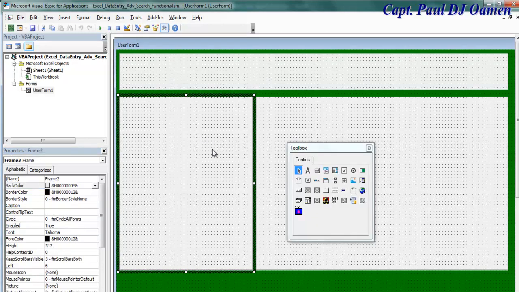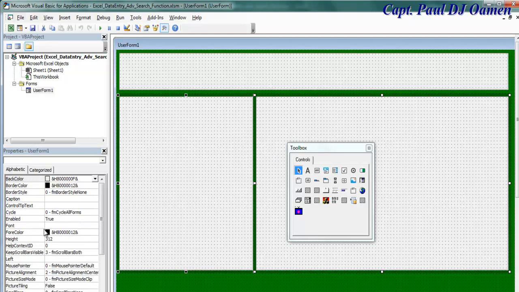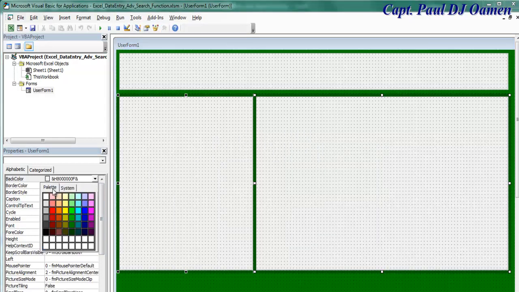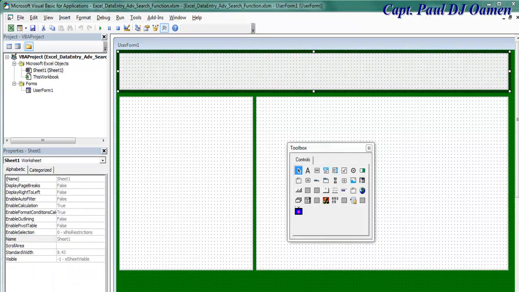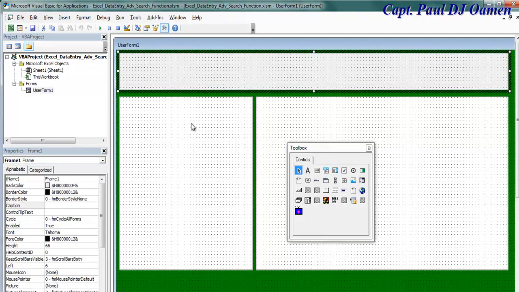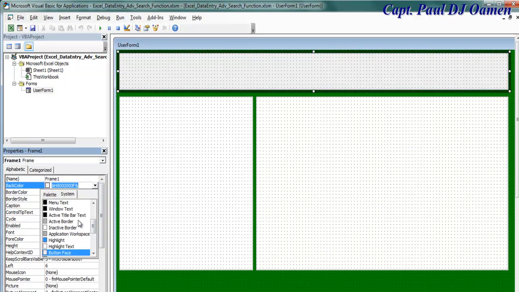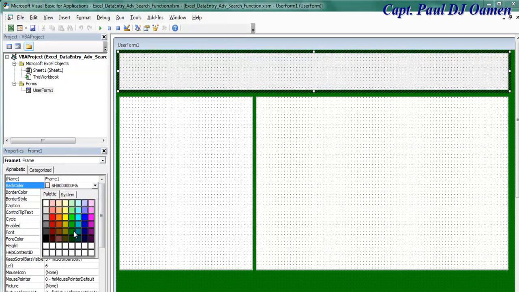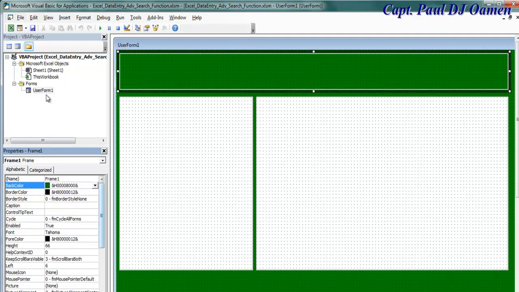Then the next thing is, you see all these frames, I'm going to change their color. Select these 2 frames here, frame 2 and 3, and let's change the color to something light. There we go. So this one up here, I'm going to change that color to green. Let's come down here and just change that to green. Right. Now the next thing is